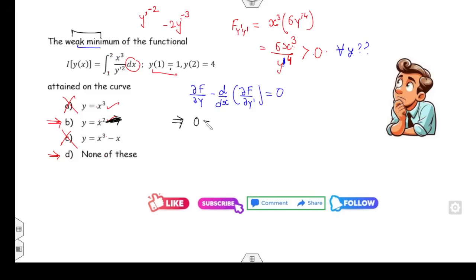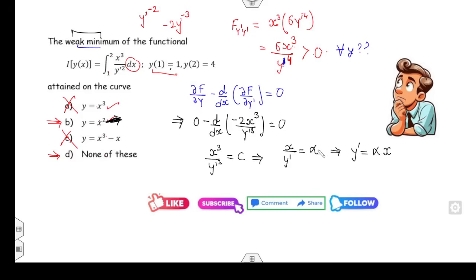चलिए y के साथ करेंगे 0, d/dx y', एक बार डेरिवेटिव करेंगे तो कितना आ जाएगा -2 डिवाइडेड बाय y'³ इज 0। किसी का x के साथ डेरिवेटिव 0 है तो इसका मतलब ये चीज आपकी क्या होगी, कांस्टेंट। फाइन, तो मैं दोनों तरफ क्यूबिंग कर देता हूं, सो दैट विल बी x/y', अनदर कांस्टेंट अल्फा ले लेता हूं। फाइन, सो आई कैन से y' इज इक्वल टू अल्फा x, और इसको अल्फा' ले लेते हैं, सो 1/अल्फा इज देयर। नाउ फिर से इंटीग्रेट कर दो दोनों तरफ, सो y विल बी अल्फा x²/2 प्लस d।